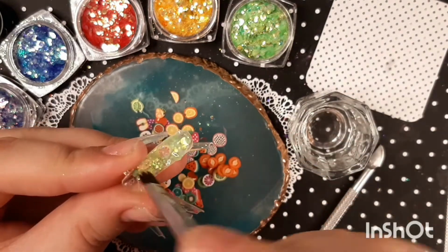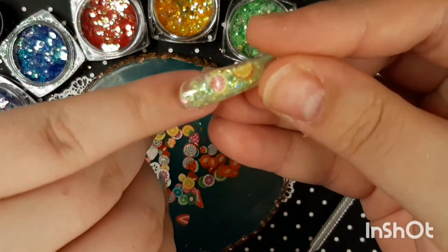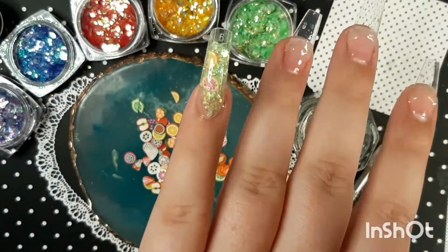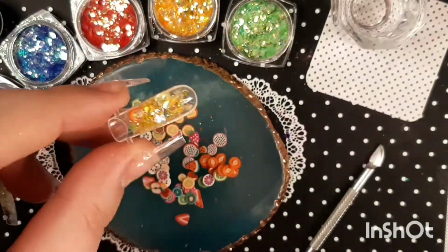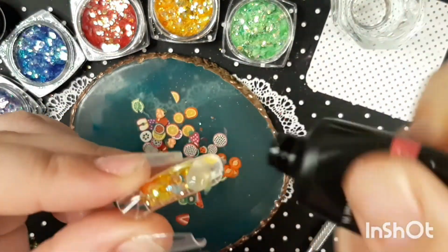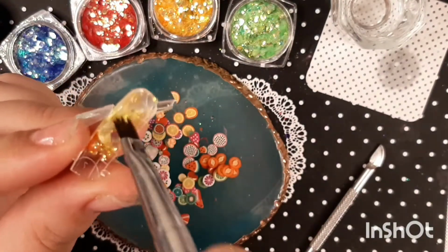So basically I pat it all into place, and then I fit it onto my finger, and I cure it for 30 seconds. I do a final cure at the end of 60 seconds, but look how easy that was, guys. I didn't have to clean up the backs of my nail, just around the cuticles. How simple is that? So easy, and so